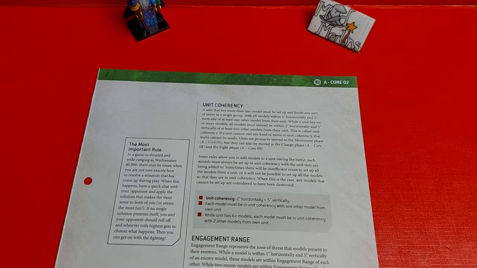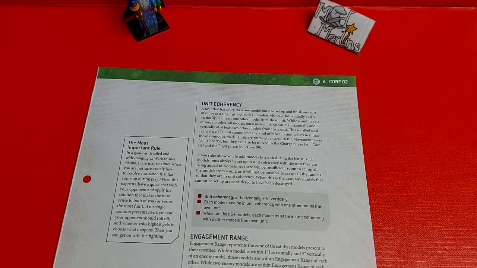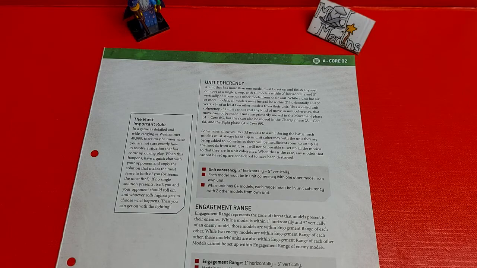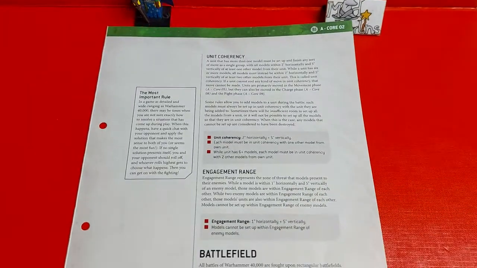Hello and welcome back to the Mad Merlin's Warhammer 40,000 Imperium journey. So we've got our battle for issue 28. First off, before we dive into the mission, we've got a few new pages for our core rules. This one goes through things such as unit coherency, engagement range,